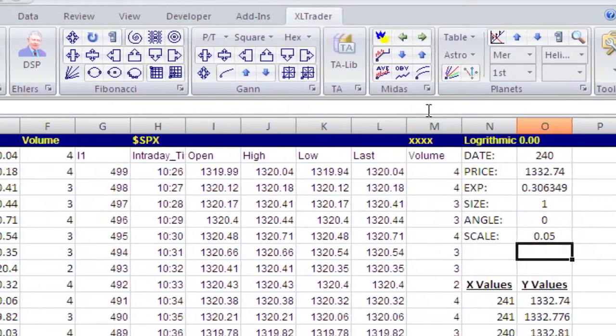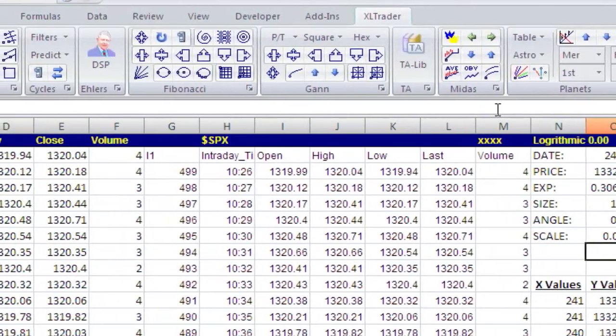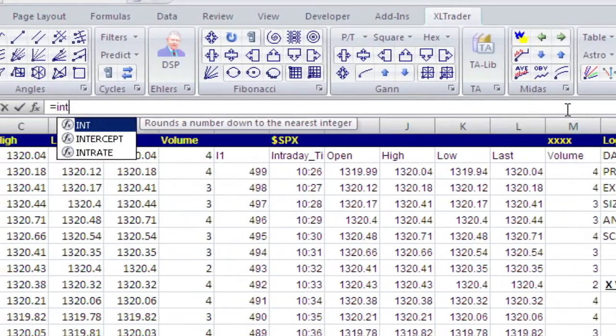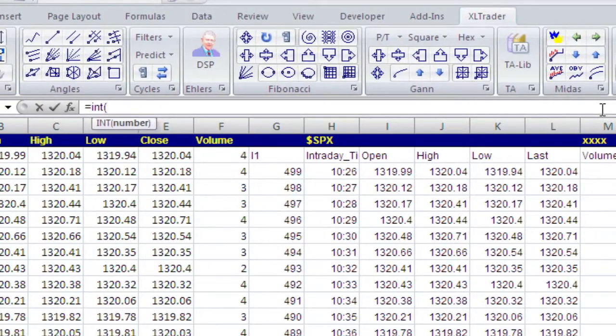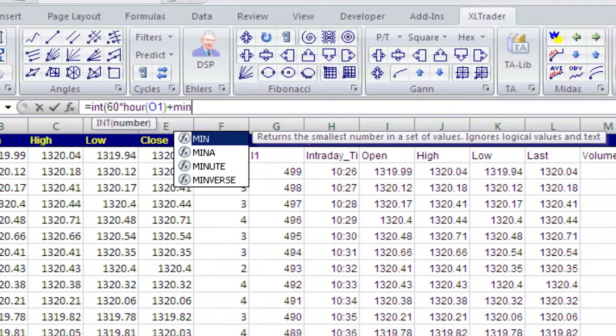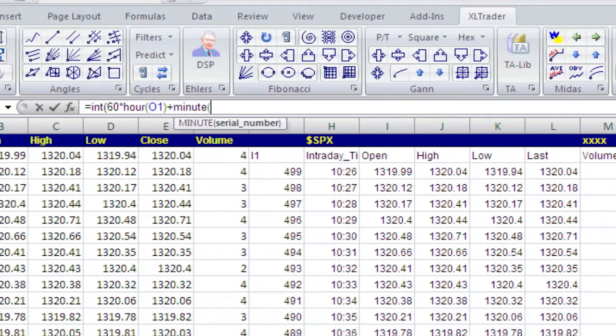So I can write this formula, equals INT, which means integer, of, now I'll calculate the number of minutes, which is equal to 60 minutes per hour times HOUR, paren, and then in the parentheses I'll put that differential time, plus MINUTE, paren,